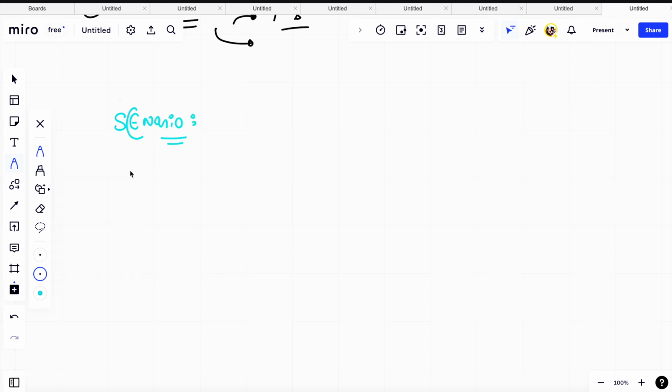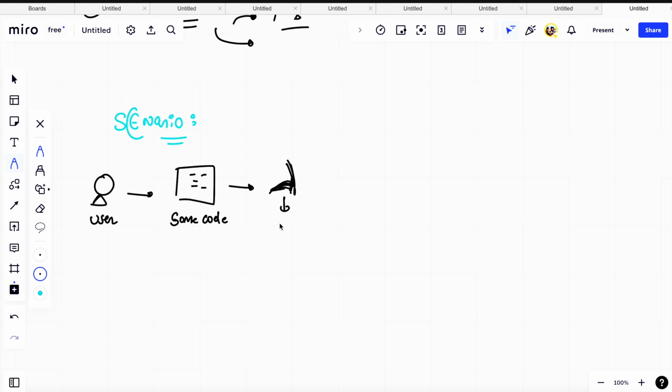Okay, how does this Lambda work? So this is a user. He has written some code, in any language. Once he has written some code, he goes to AWS Lambda and wraps up his code into a Lambda function. Once he has wrapped it up and triggered the Lambda, now AWS